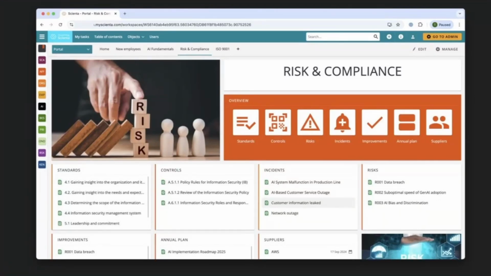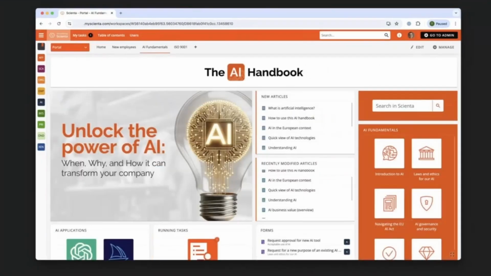For the typical employee, this is quite complex information. But what you can do with Scienta is to service this same information in employee-specific portals, like, for example, the AI handbook that we show here on the screen. So the compliance team can share the most important risks and their measurements very easily with the employees.